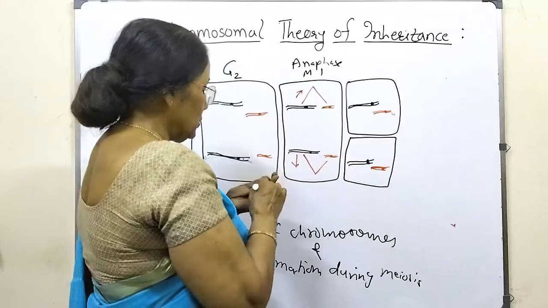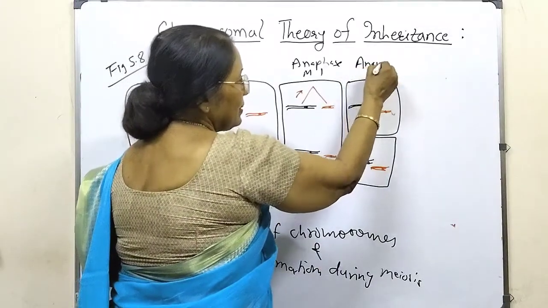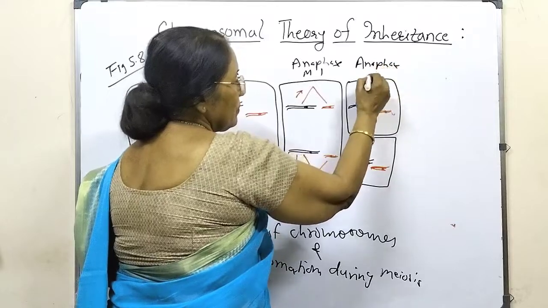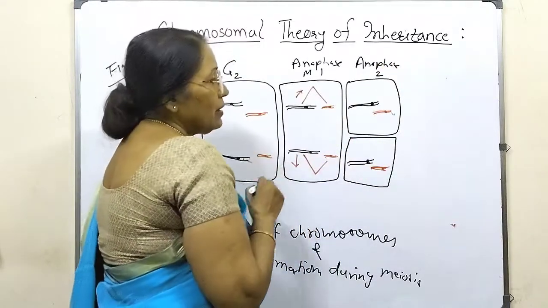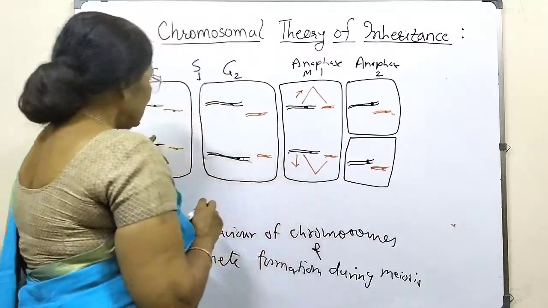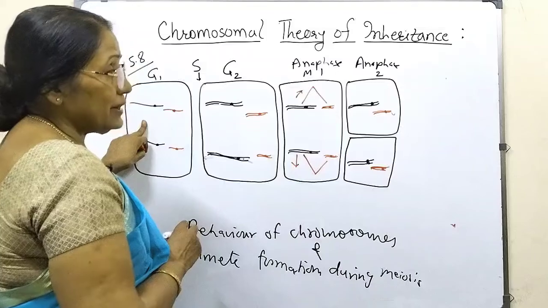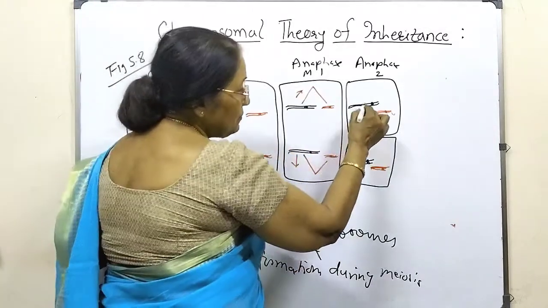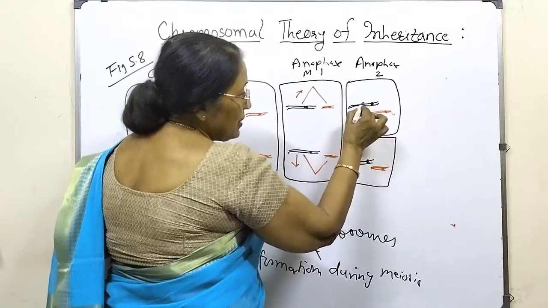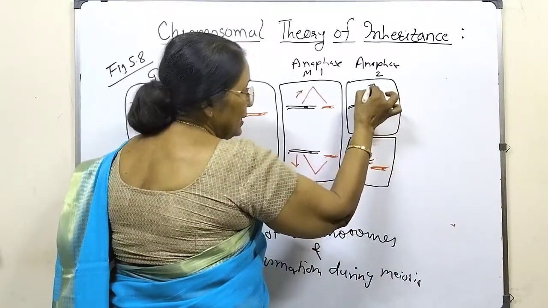Now what will happen in anaphase 2? This is anaphase 2. Anaphase 2 of meiosis. अब see here, this was single stranded. ये जो प्रोसेस है ये एनाफेज 2 में हुआ था. Now the spindle fiber, what it will do, it will break this one of the chromatid and it will take